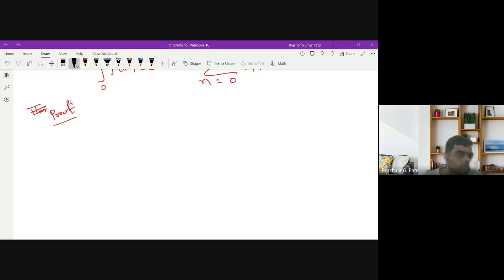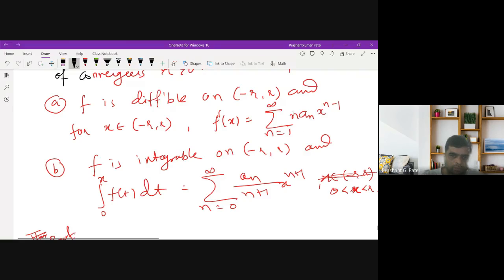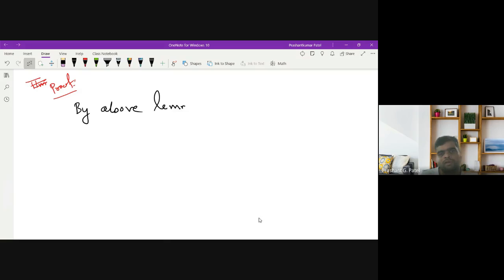From the above lemma, what we have arrived at is that the series summation n into an x raised to n minus 1 and an upon n plus 1 x raised to n plus 1, both of them have radius of convergence R. And the previous result says that if the radius of convergence is R, then these two series are uniformly convergent. So by the above lemma,